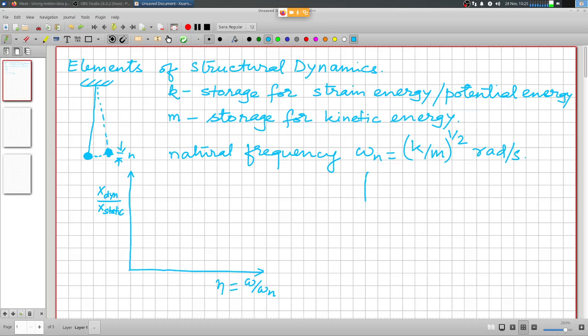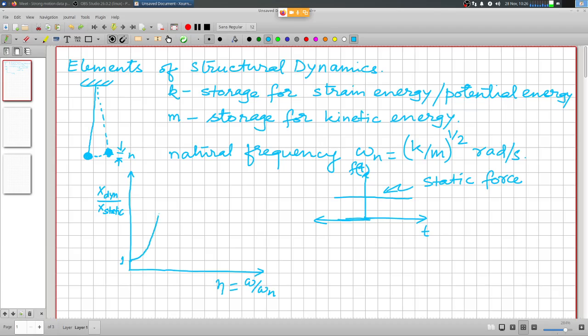The static response is when the force is constantly applied. The force is held at a constant level for all times, so there is no dynamics coming into the picture. That is what we take the ratio against. So this is going to be 1,